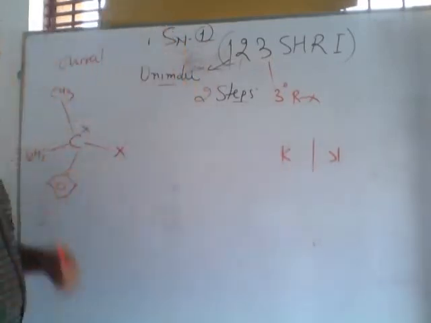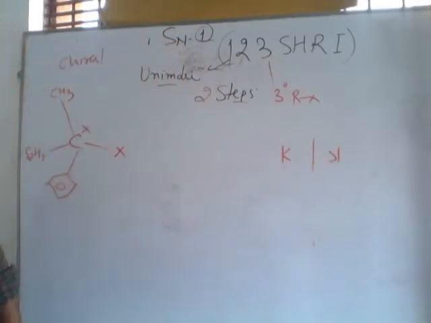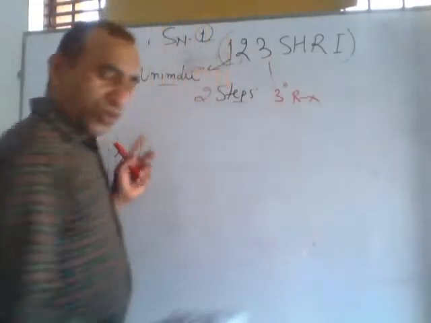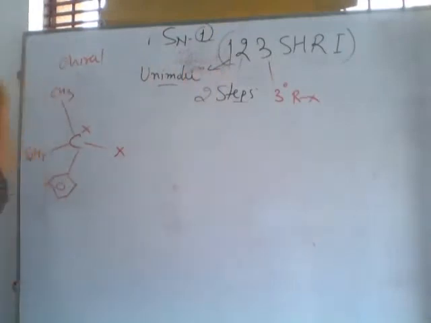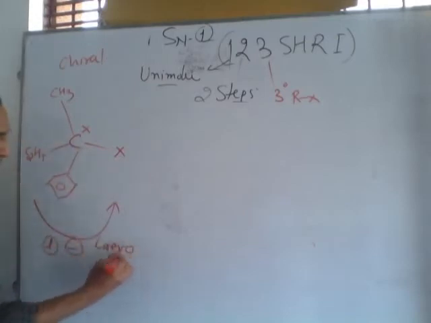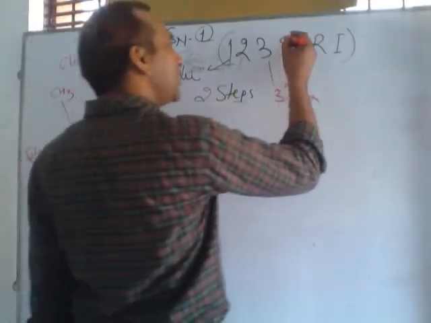But this compound is called a chiral molecule. Its mirror image will not superimpose on it, but its behavior toward plane polarized light will be different. Suppose this is an arrow. This arrow means rotation of plane polarized light by this compound. This is anti-clockwise, so L, otherwise minus. This L stands for levo rotation. Levo means toward the left hand side. So this is a chiral molecule and it is a tertiary RX. Next, this S.